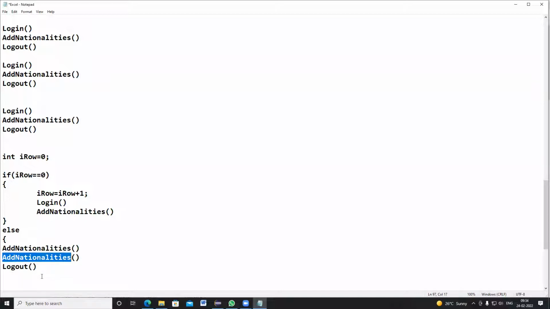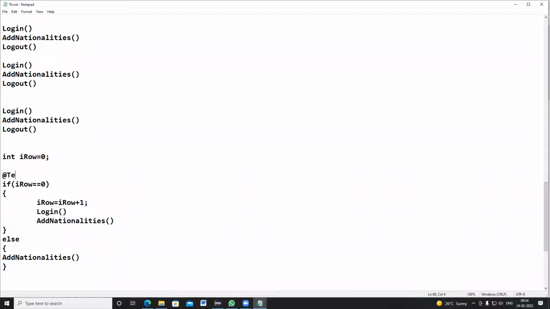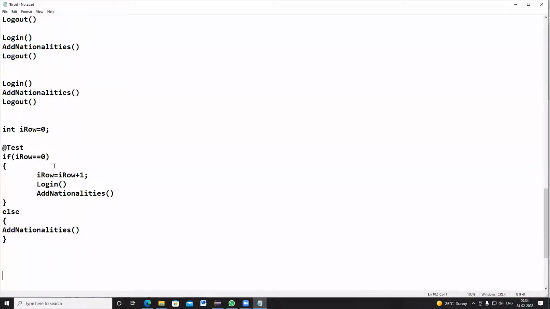I want to call only the add nationalities method. Forget about logout. I want to invoke only the add nationalities method, so I want to write logic like this. In the @test section, I want to write all this logic. So all this logic I will write in the @test, and in the after test,